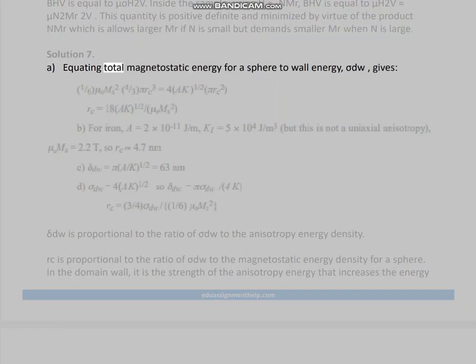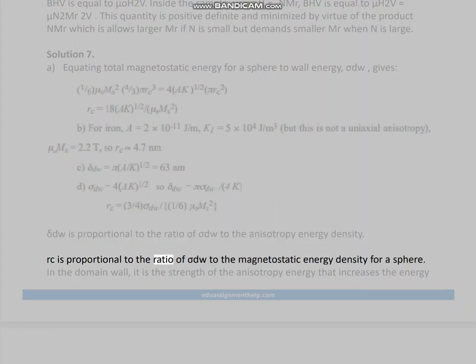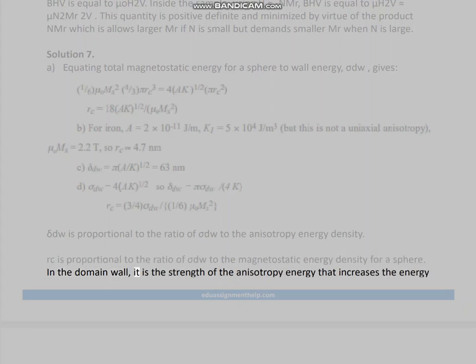Solution 7. A. Equating total magnetostatic energy for a sphere to wall energy, sigma dW, gives delta dW is proportional to the ratio of sigma dW to the anisotropy energy density. Rc is proportional to the ratio of sigma dW to the magnetostatic energy density for a sphere. In the domain wall, it is the strength of the anisotropy energy that increases the energy